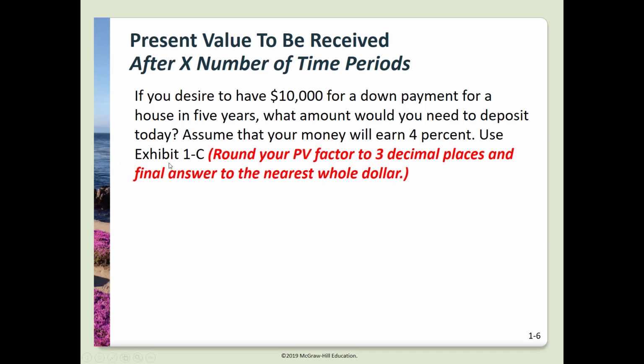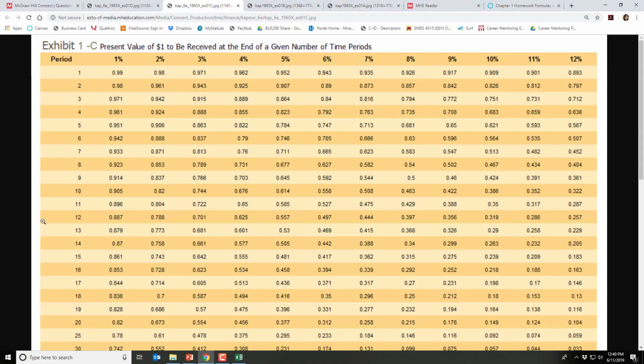So we're going to use Exhibit 1C, and here's our formula. We need to know what we need to deposit today in order to achieve our desired future value, and we'll multiply it by our present value factor. So here's Exhibit 1C. Going over to our periods, we're going to go down to the 5 years, and then looking for the 4% column, and then going down until I get to the 5-year row, I get a factor